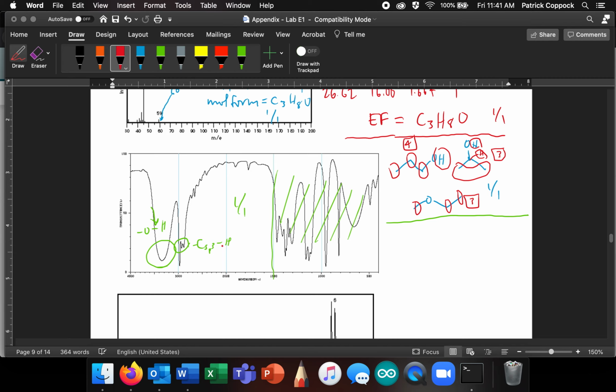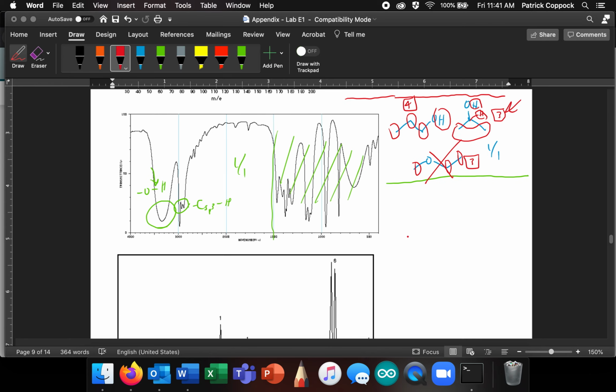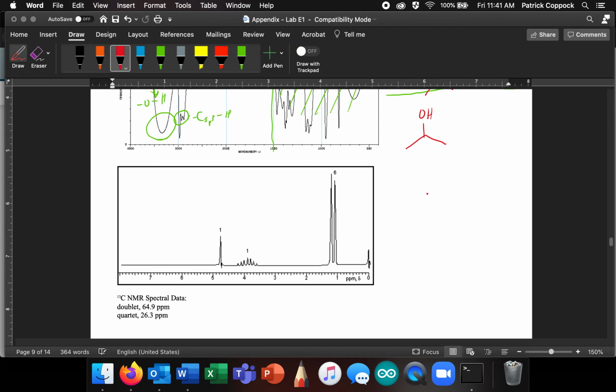However, I know it's an alcohol. I should have crossed it out. When I saw it was an alcohol, it's not that. So it's already definitely that. We know it's isopropyl alcohol. But I'm going to go ahead and make predictions, because this is what you're supposed to do to tighten your story, right? So we're going to say type